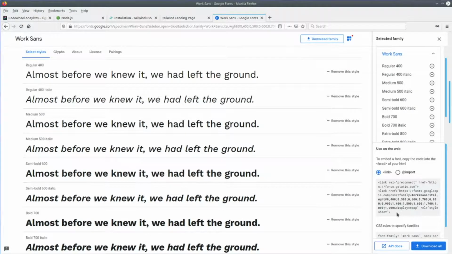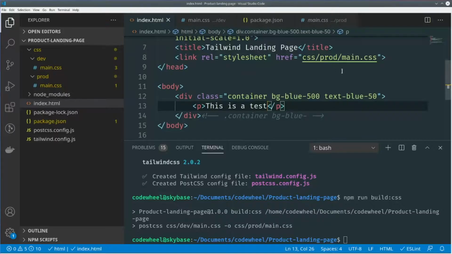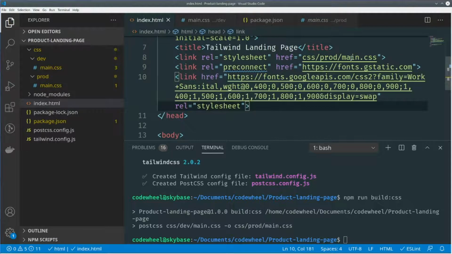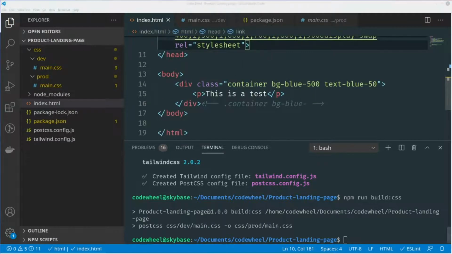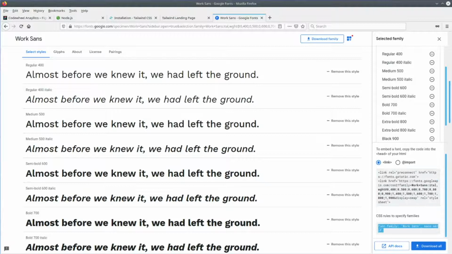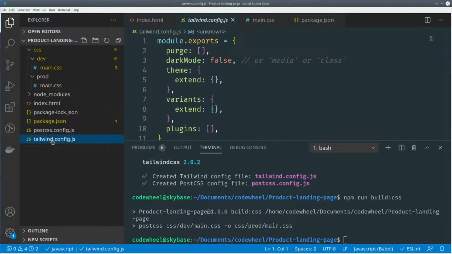Okay, so we're going to copy that link into our style sheet. So just copy that. Save that. Okay. Back to Work Sans, and we copy the font. Back to VS Code. Okay, to install the font into Tailwind, we need to go to the Tailwind config file and